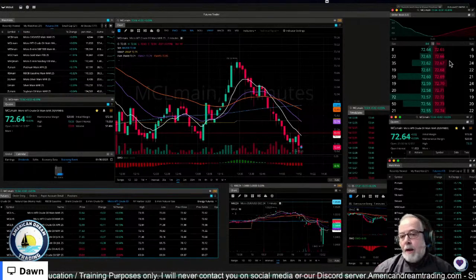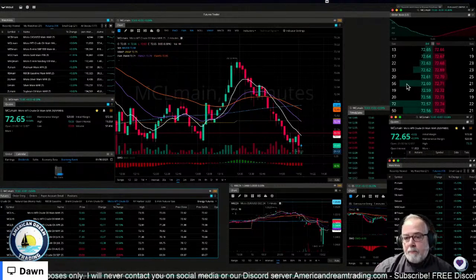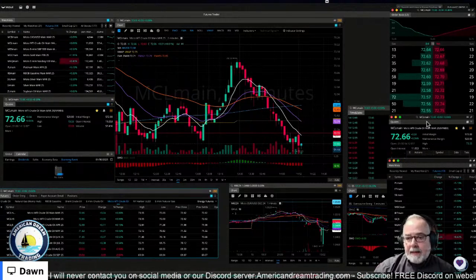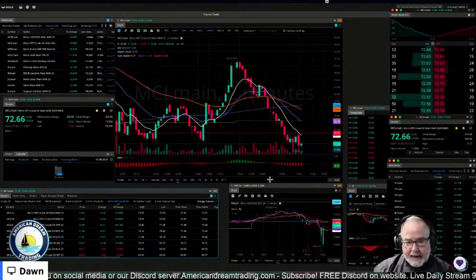We don't know for sure. I have some indication there's a strong big order here, but that person can move his order, cancel his order. He can slide it down further. There's another one down here at 57 and 56. And that would be down where this white line is.